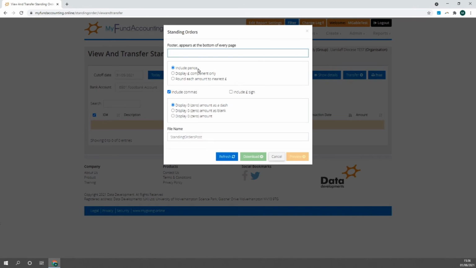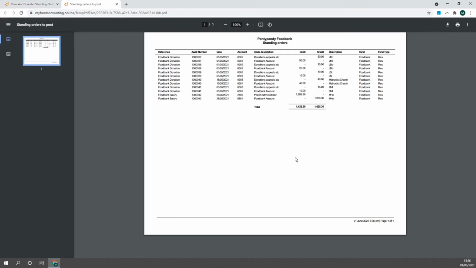I like in these circumstances, have the pence, commas, yes, not bothered about pound sign, let's know it's all pounds. Happy with all of that, refresh that, and then I'm going to preview it. And there it has, it transfers me to another tab on my browser,